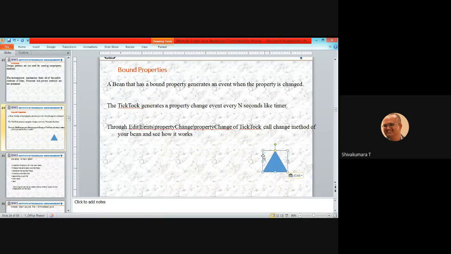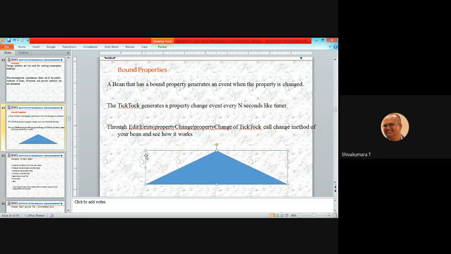If you drag or resize it, the boundary is defined here. Rather than just a shape, the boundary of that shape is defined. That is called bound properties.